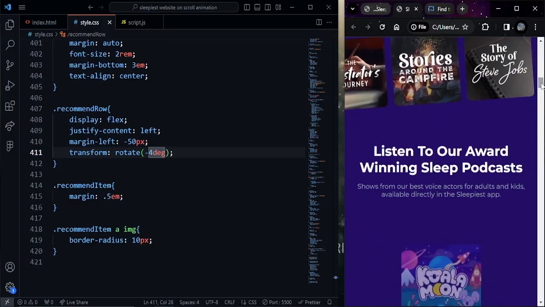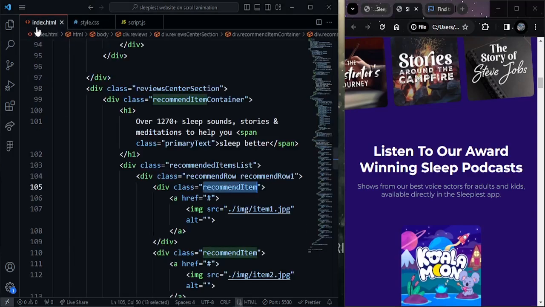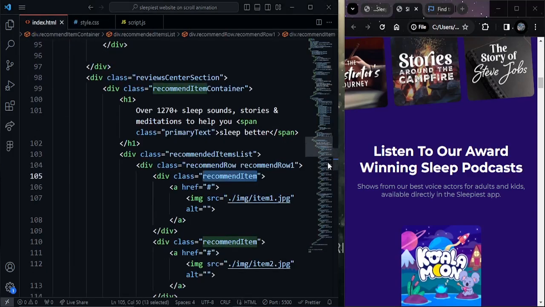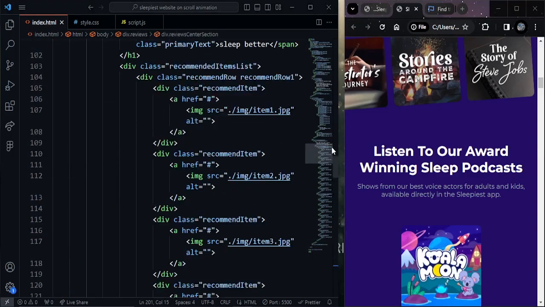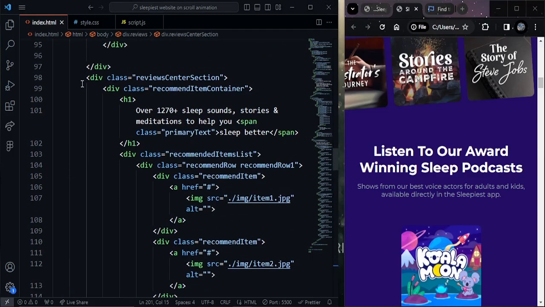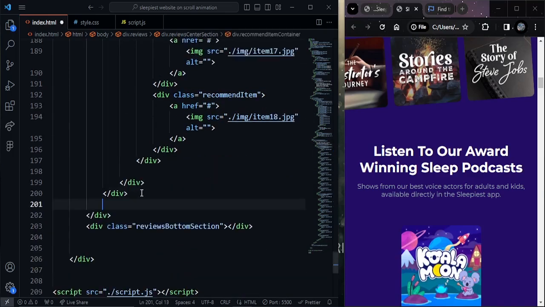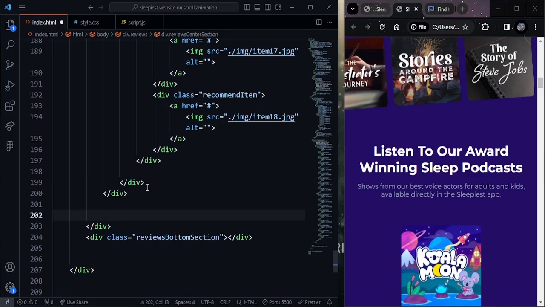Just go to the HTML file, and inside this reviews center section over here, we're going to create a container. This container we are going to call award winning container,